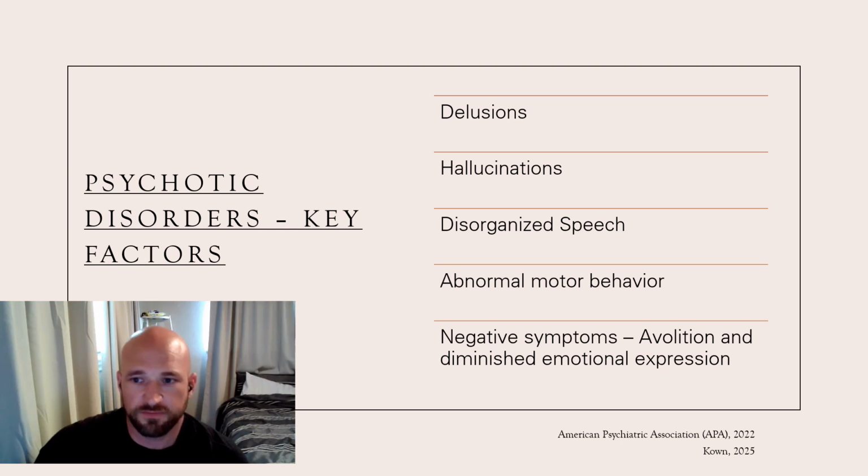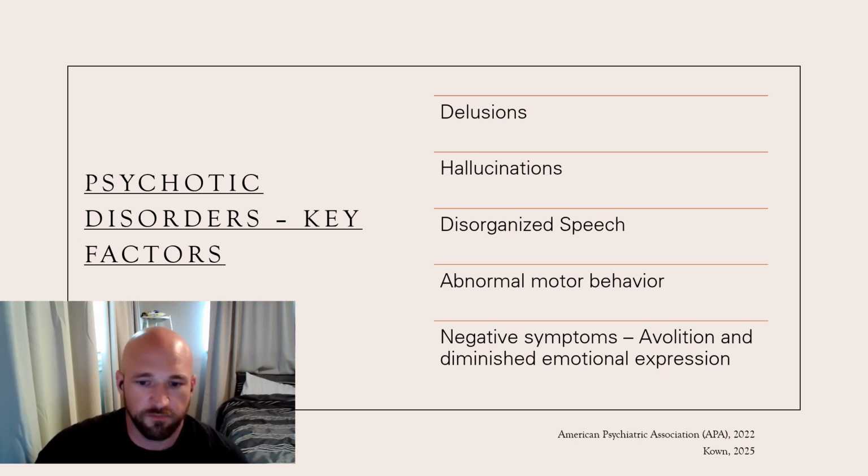An example, I've seen a young female, she was having visual hallucinations. I was talking to her and she's looking off into the distance, and I could see that she's looking at something in the sky. I asked her, "What are you looking at?" And she's like, "Demons." She could see demons flying around in the sky. So obviously I looked in the sky, there's no demons there, but she perceived it. They were real to her. So those are hallucinations. The difference between hallucinations and delusions is that a delusion is a belief that's not really true, and a hallucination is the actual perception of something that's not there.